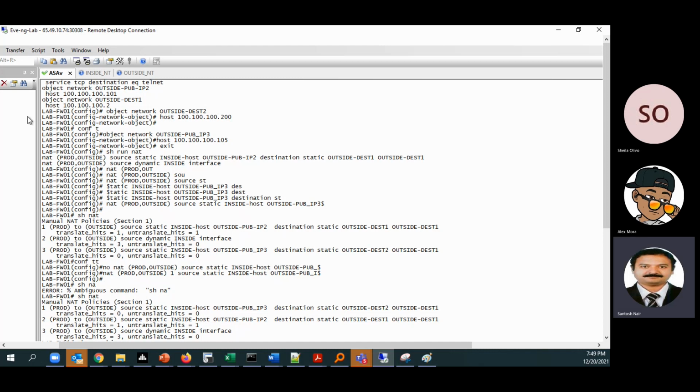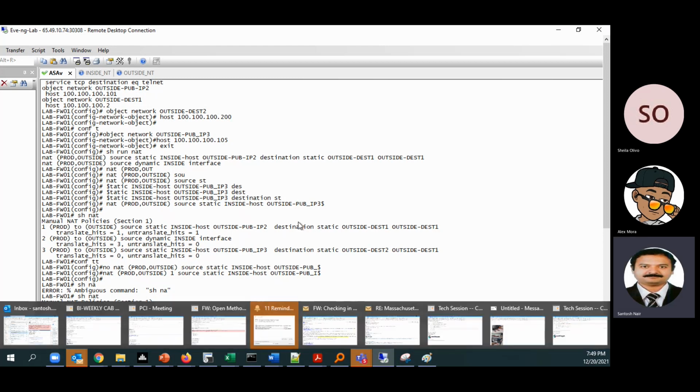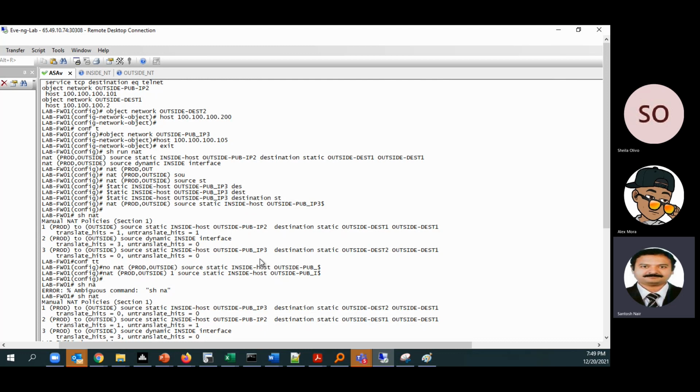Then we have this twice NAT that we have to learn, and in cases where we have a limitation of IP addresses, we use static PAT. With one IP address itself, we can NAT different ports, right? So that is called static PAT.